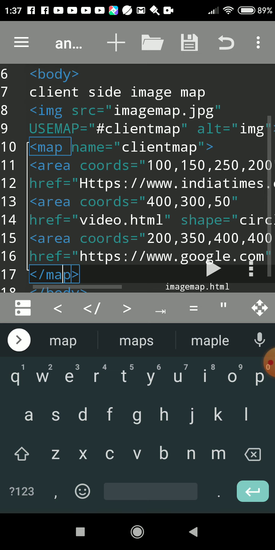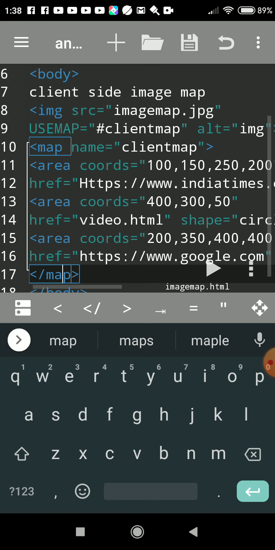There is no load on the server for processing all the coordinates where you click. When you click on the coordinates of the hyperlinked area, it will open that file.